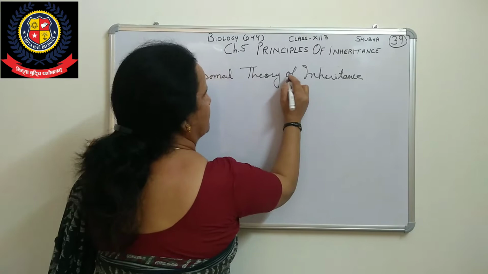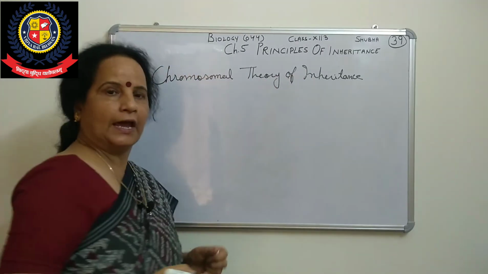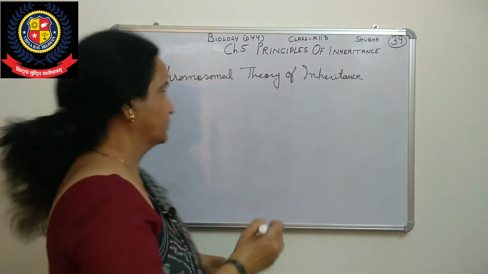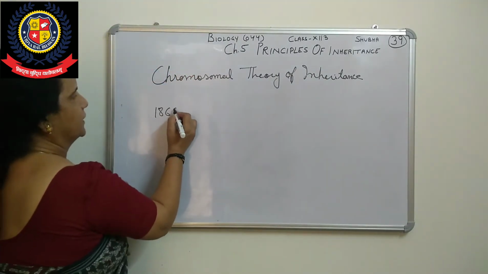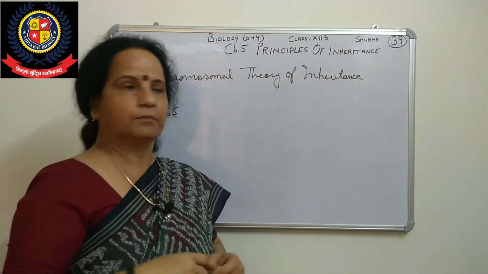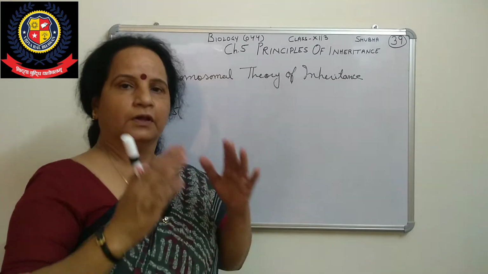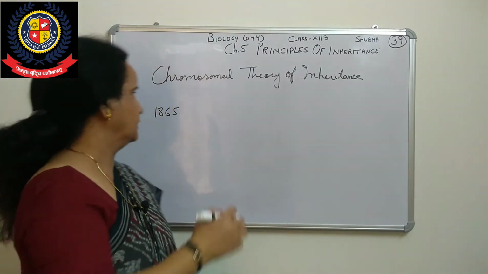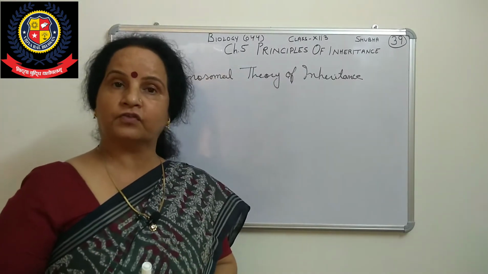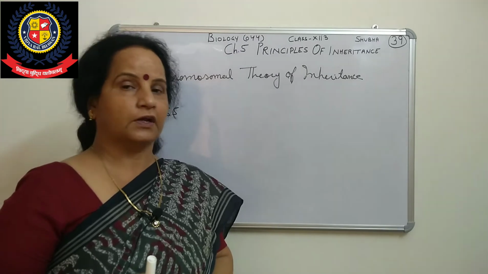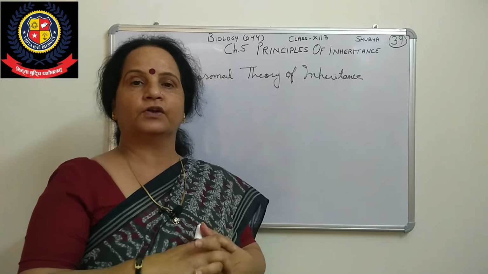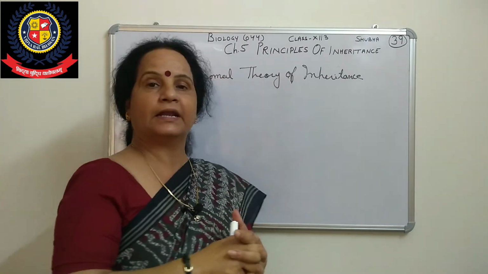First we will talk about Mendel. As you know, Mendel did his work in 1865. He completed his work and gave all of Mendel's laws, observations, and ratios in 1865. But in previous classes I also told you that his work was not recognized by the scientists who existed at that time. They were not accepting what Mendel had told.